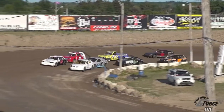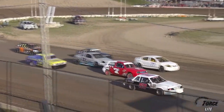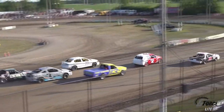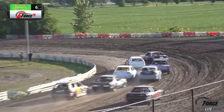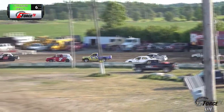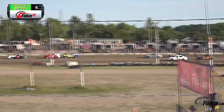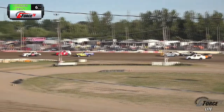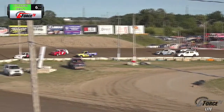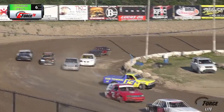Hadler and James McDonald on the front row. But quickly, it's the Hardy 7C who's going to get by on the inside and go straight to 2nd. Dylan Ward on the outside in that 13 SOS towing truck, trying to make a move to the inside now of Hardy for 2nd. 3 cars under a blanket, 4 cars make that run under a blanket, battling there up